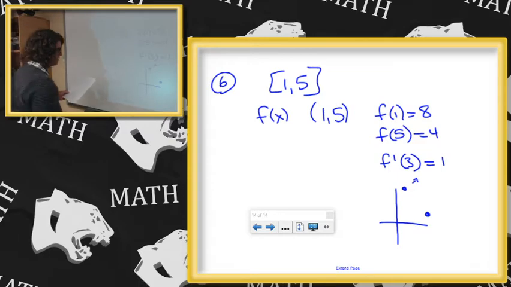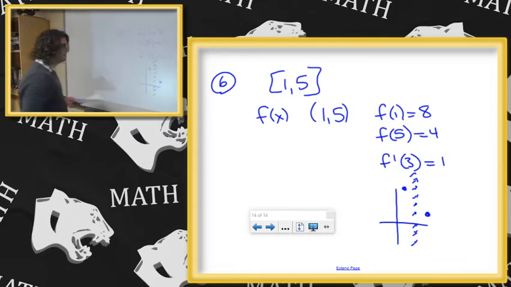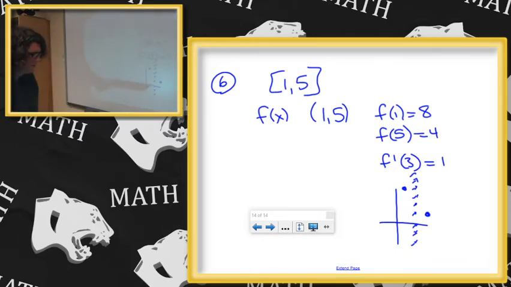So it could have been negative before that, so it could be down here, but it's something like this, somewhere along this. All right, so does the slope have to be -1 at some point? The answer is